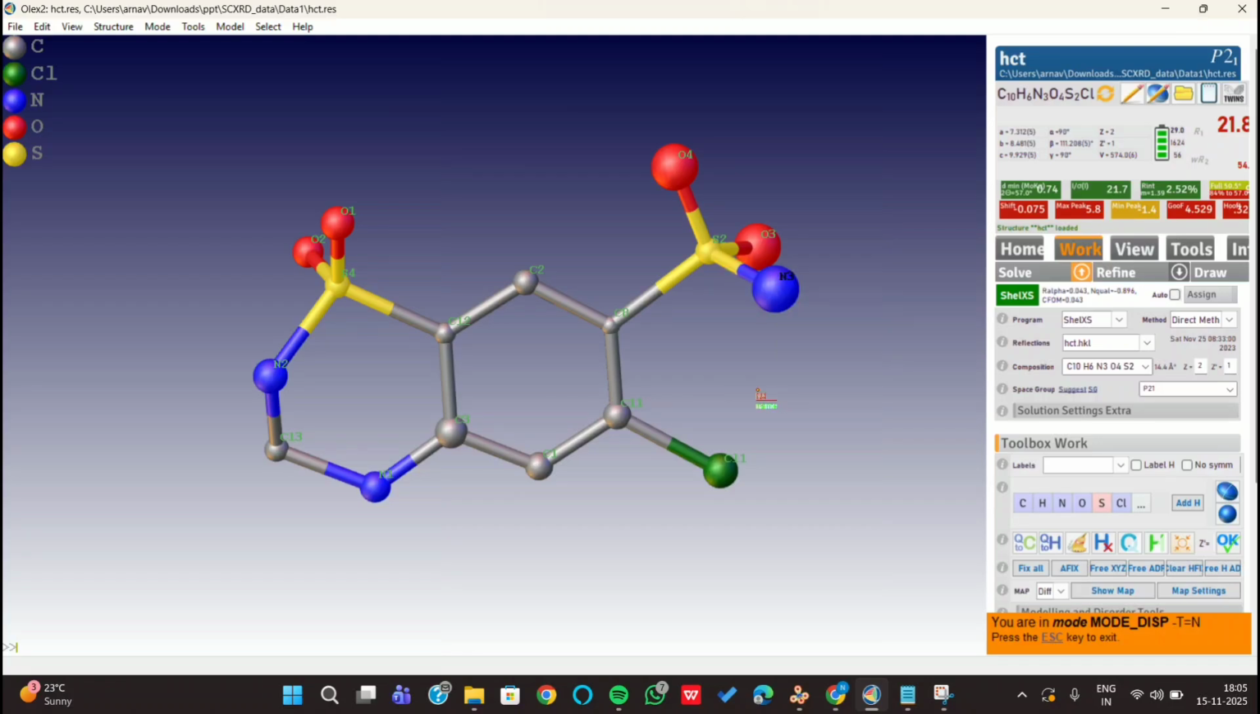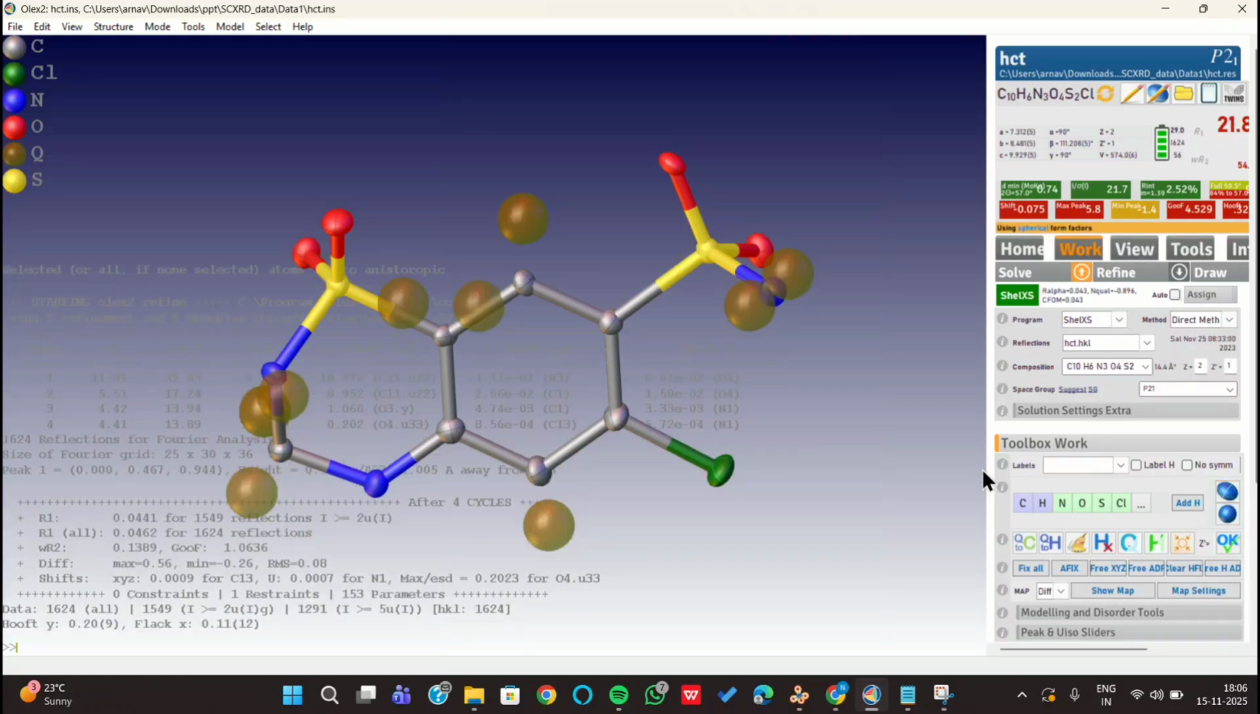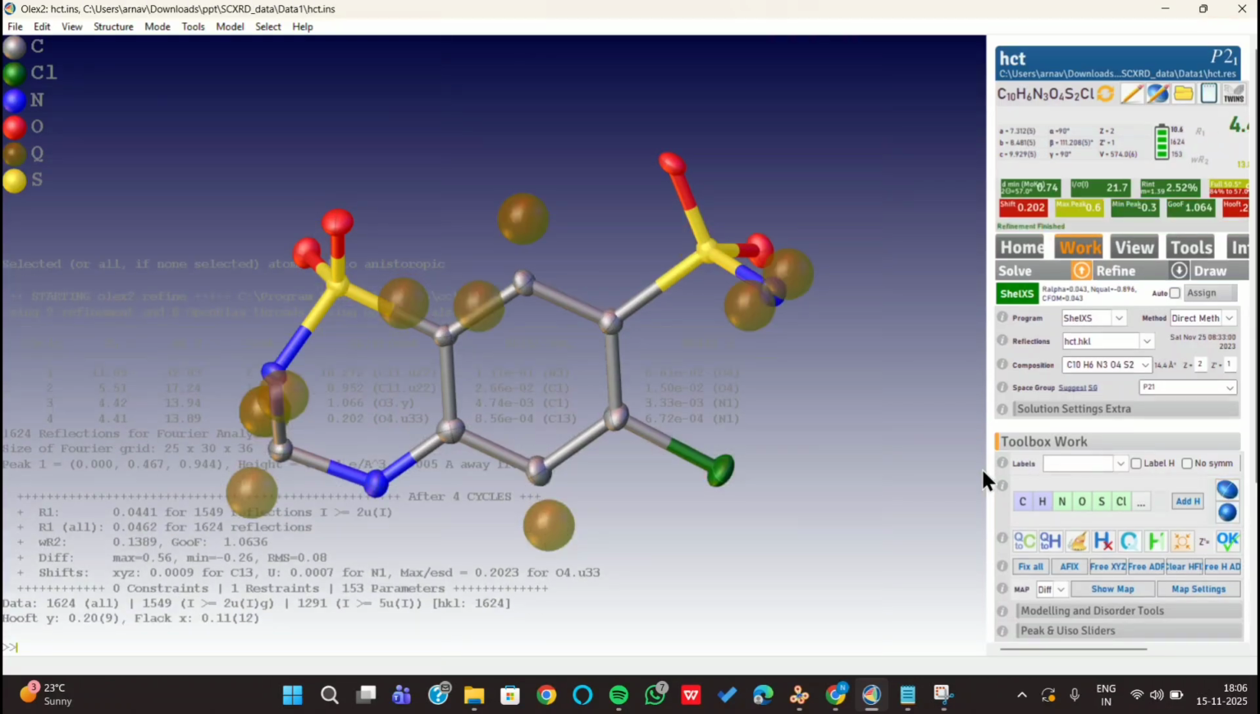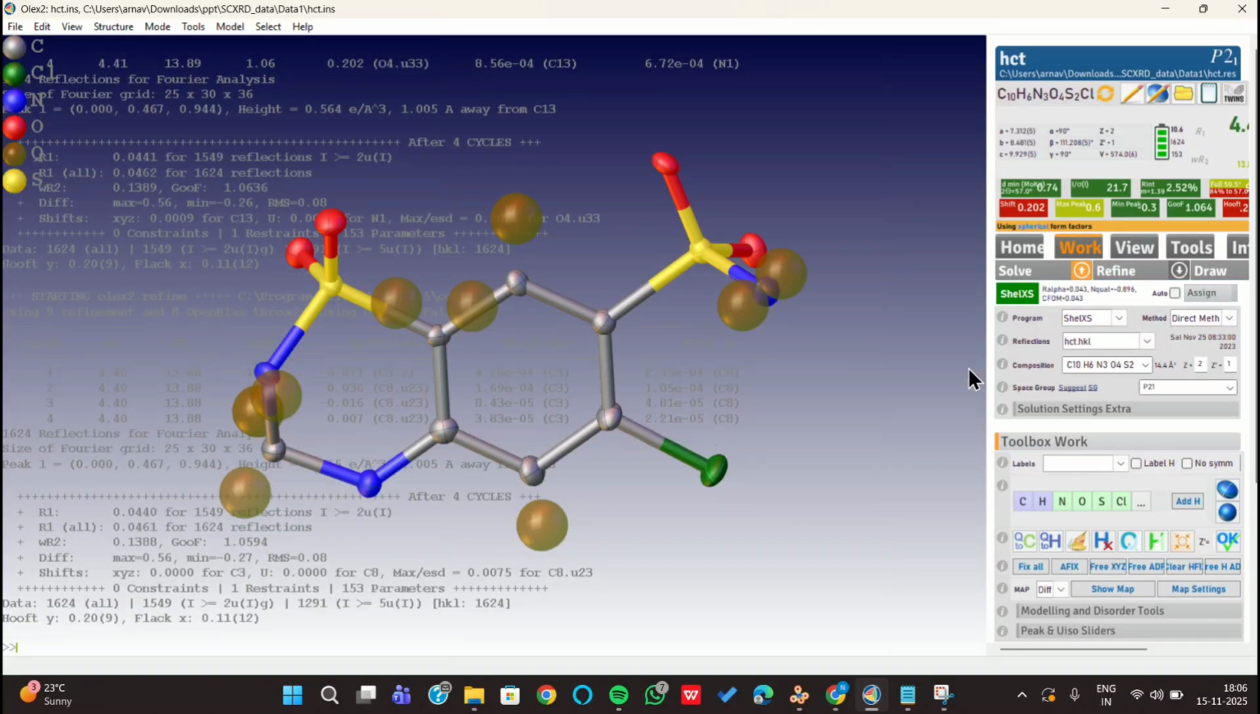So to refine the thermal parameters of this structure we'll click on the ellipsoid icon. This will make the structure include the thermal vibration of the atoms in the crystal structure. Now we'll refine it. As you can see the R value is equal to 4, and now we'll simply add hydrogen